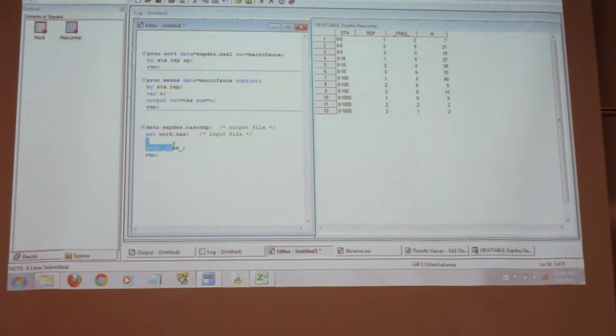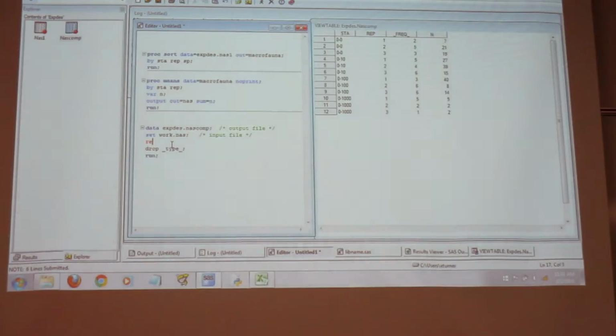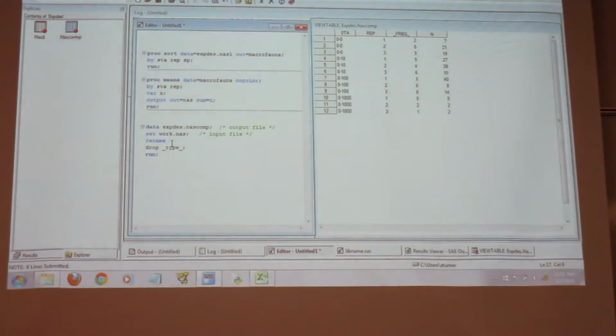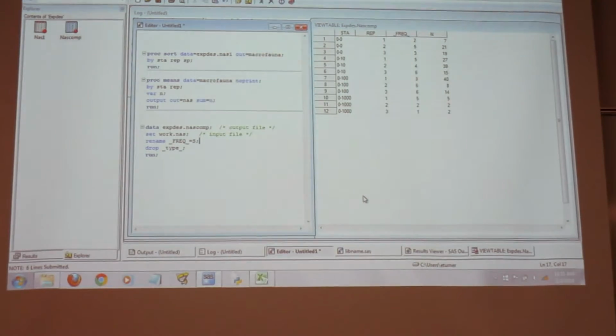So the way we do that is rename. And the way that you label richness is either an R or an S. So I'm going to use the capital S for richness.